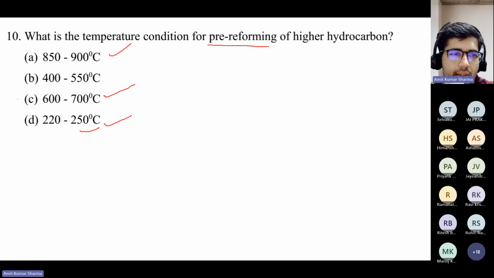And this range, 600 to 700. High temperature water gas shift reaction. Yeah. So no, it's not for high temperature water gas shift reaction. That is less than 400 degrees. Yeah, it is 300 to 400. So you can use this also for pre-reforming, but